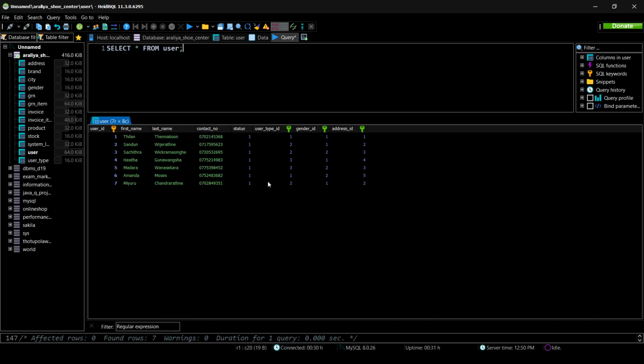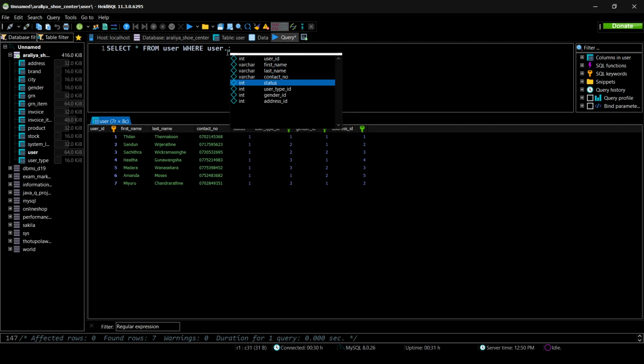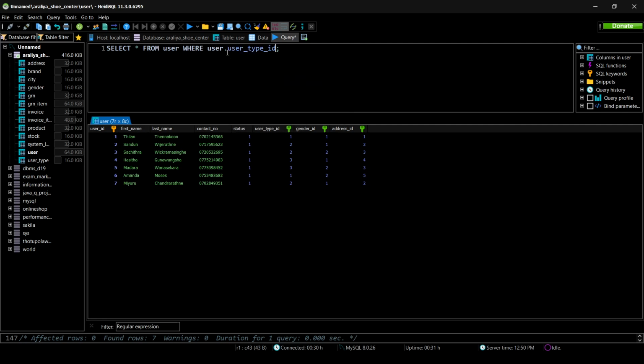Okay, you can see these are all the data in the user table. Now we can filter the data using user type ID, where user.user_type_id. This time you can use IN or equal. In this case, I'm going to use the keyword IN,